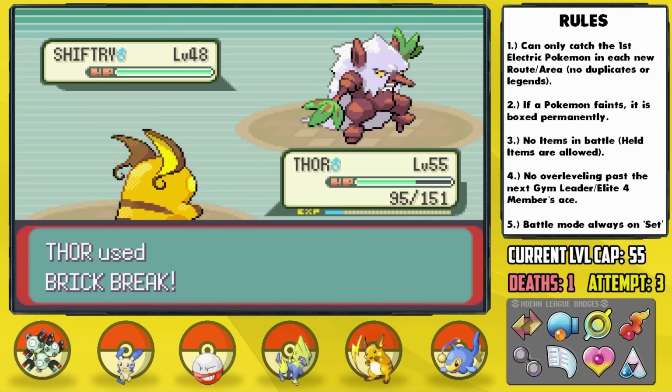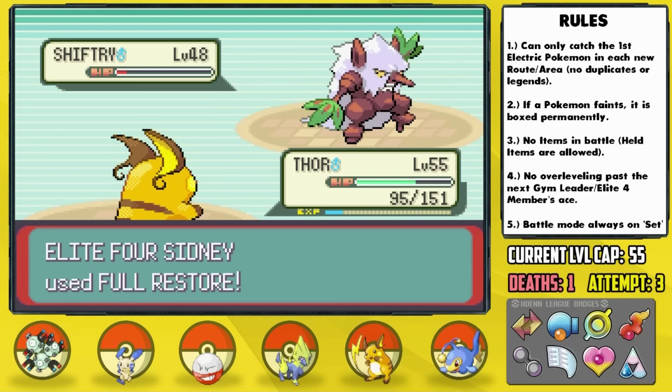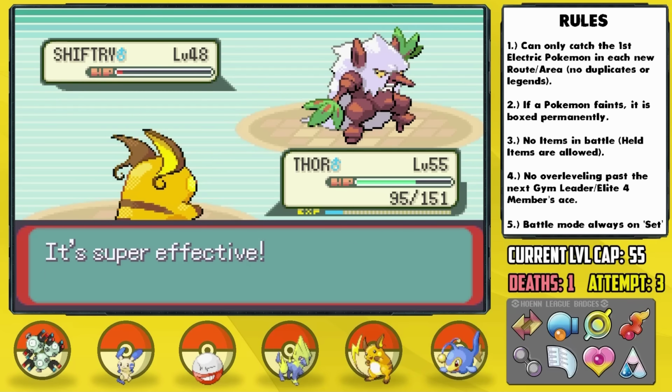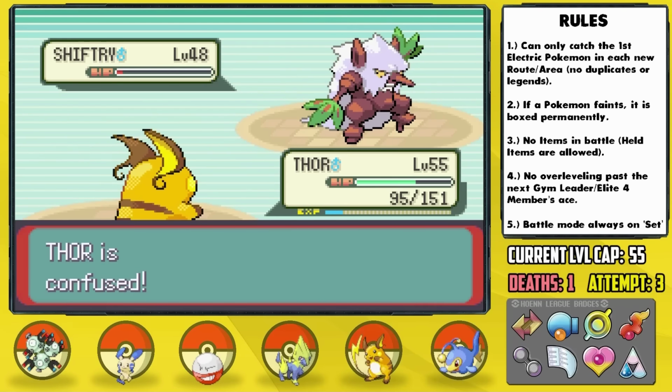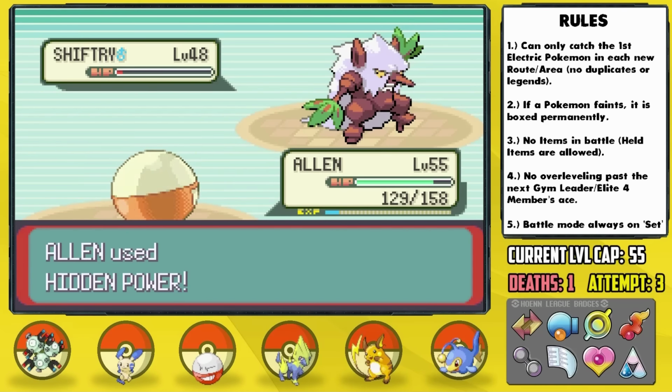In comes Shiftry, and it also barely survived. Oh, apparently my calcs were off. He then Double Teamed, then Hyper Potioned, then we hit him again, but we missed our next one and he hit us with Swagger. Great. We then hit ourselves in confusion hard and he used Torment. Oh, I'm forced to switch, so I send in Alan, who has Hidden Power Bug, which is 4 times super